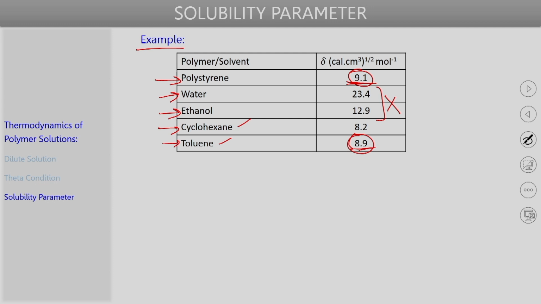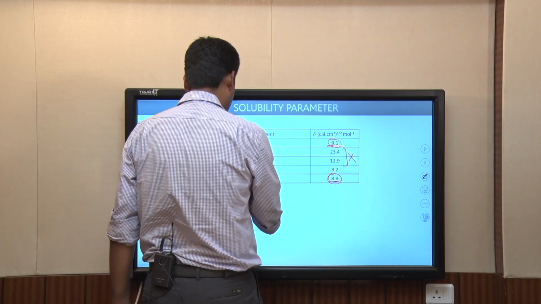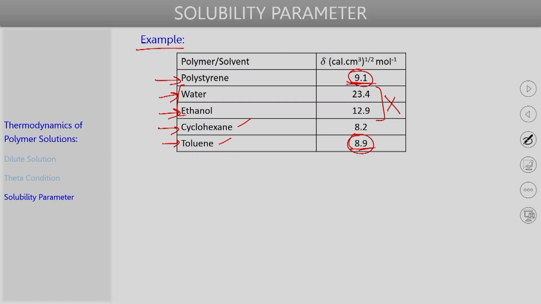Apart from that, the fact that hydrogen bonding can also happen has to be taken into account. For this case, since polystyrene is pretty much a hydrophobic polymeric material, these 2 will anyways not be very good solvents. But in general, we should not use the solubility parameter approach indiscriminately for cases where polar interactions or hydrogen bonding is